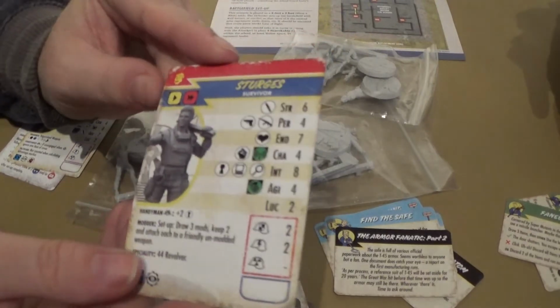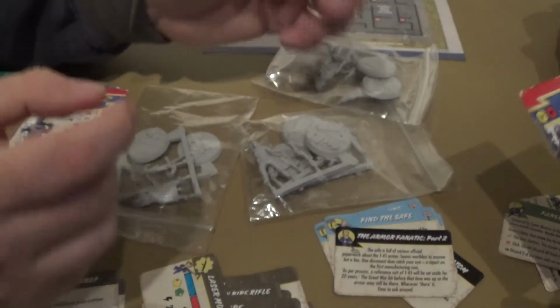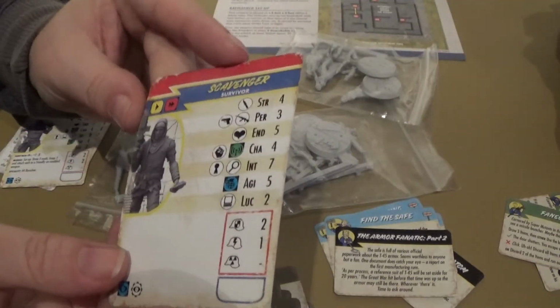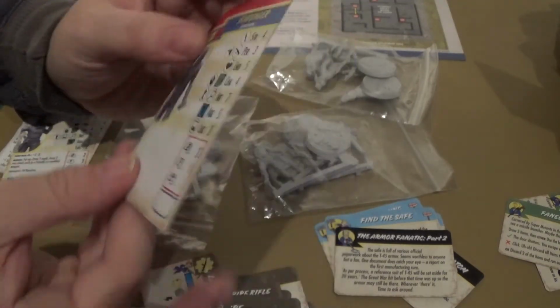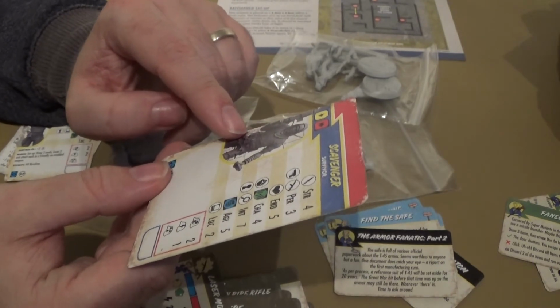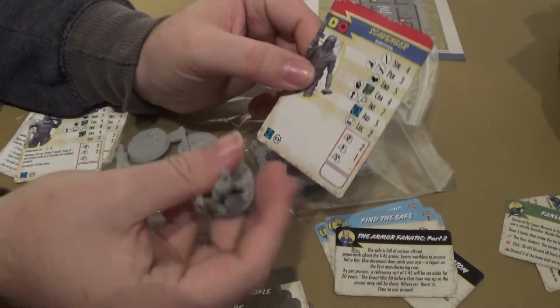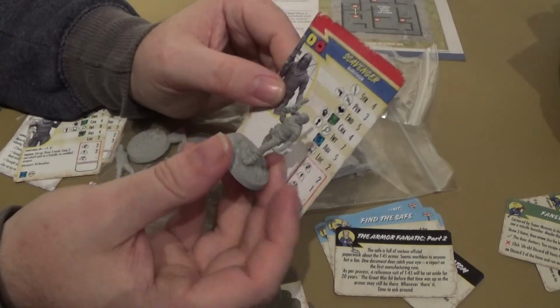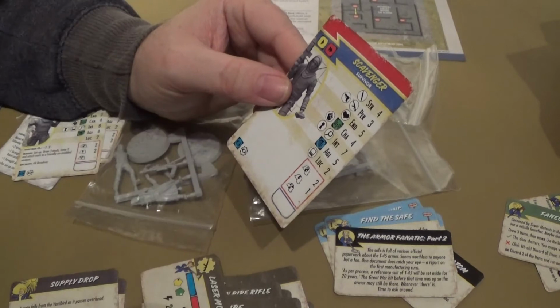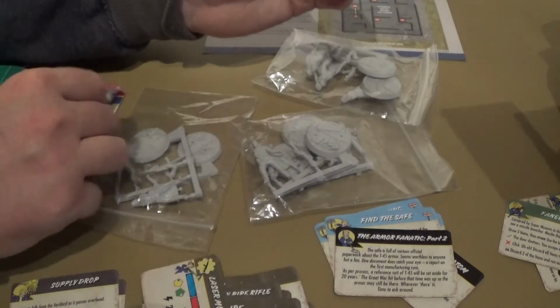Sturgis. Random scavenger. See, that model is a scavenger then, isn't it? Scavenger survivor. So that one, even though it's a settler in the main book, is a scavenger. I suppose you could use it for either, but...